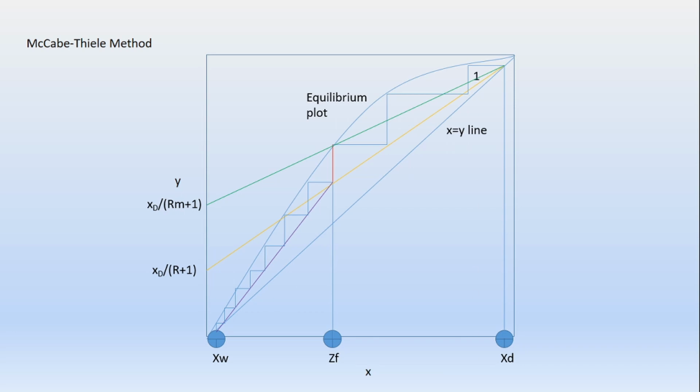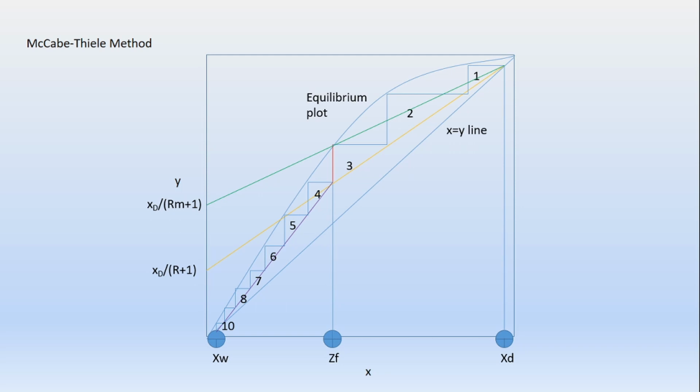we will start counting the steps. Our first stage was on the top, so we will start counting from the top. The top stage is 1, and then we will count these stages on the operating line. So in this diagram, it works out to be around n number of stages in this column. So all these stages are the equilibrium stages or the ideal stages, or they are the theoretical stages.